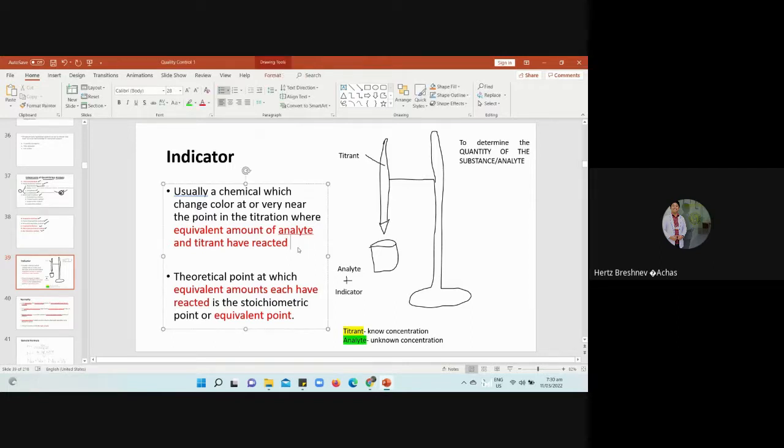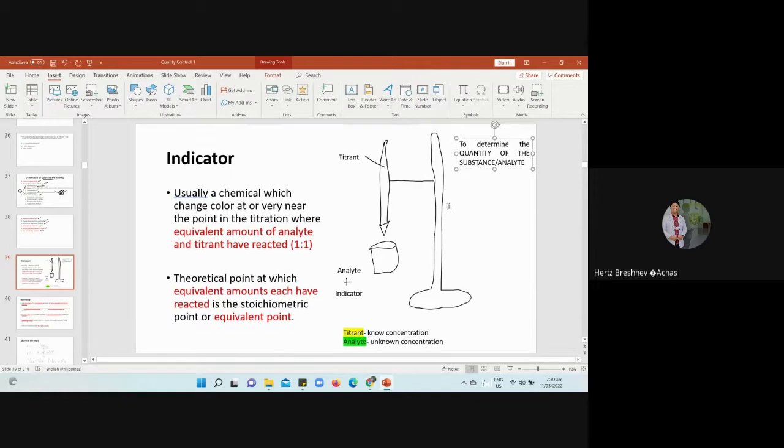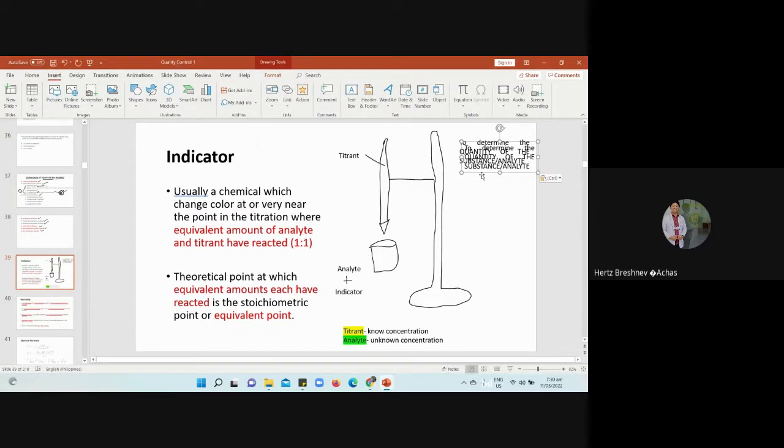And it is a 1:1 ratio. What does 1:1 ratio mean? Let me just input here. 1:1 ratio means